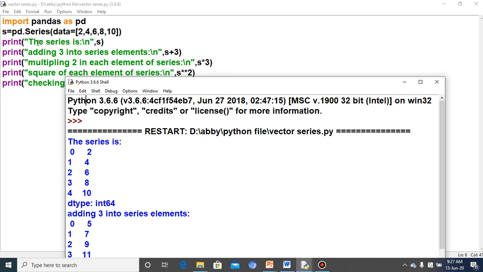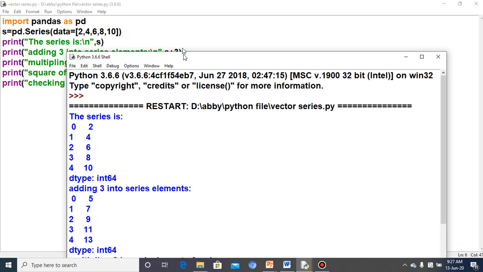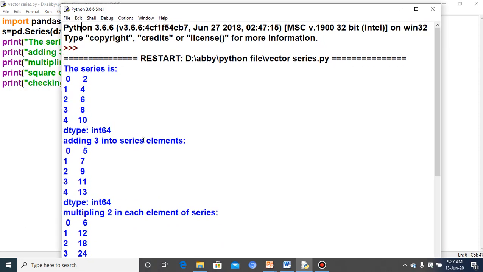Now the second print is adding 3 into the series element, s plus 3. So you can see adding 3 into the series element. The index will remain the same, but the data value has changed. What has changed? 2 plus 3 is 5, 4 plus 3 is 7, 6 plus 3 is 9, 8 plus 3 is 11, and 10 plus 3 is 13.